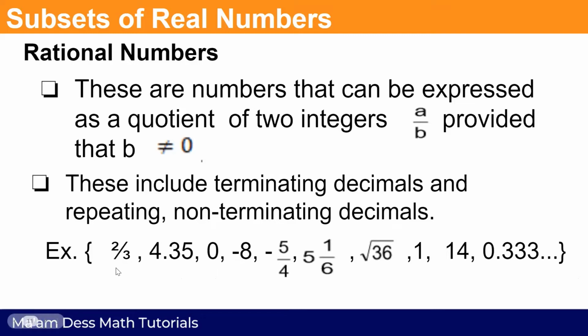Ito po ay mayroong fractions, meron siyang decimals, meron ding integers, meron din pong non-integers. This one, -5/4. Merong mixed numbers. Square root of 36, 1, 14, okay, positive numbers or counting numbers or whole numbers, and then the repeating